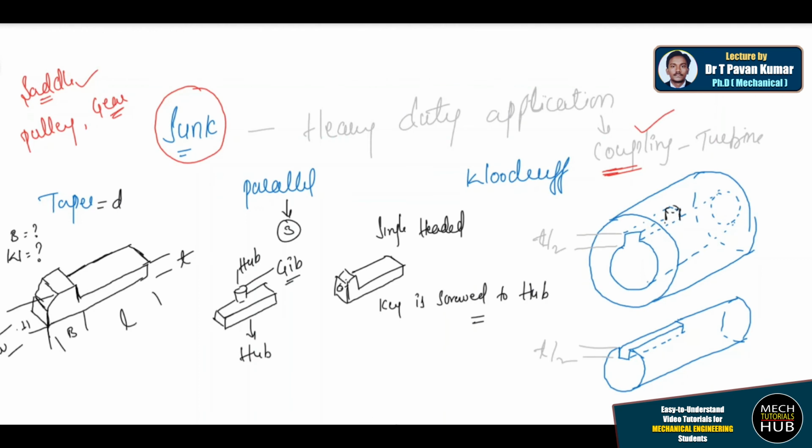Okay, and coming to the double headed key, the 3D representation is going to be something like this. It means you find heads on both sides. This is the 2D representation. Now this becomes the 3D representation of a key.